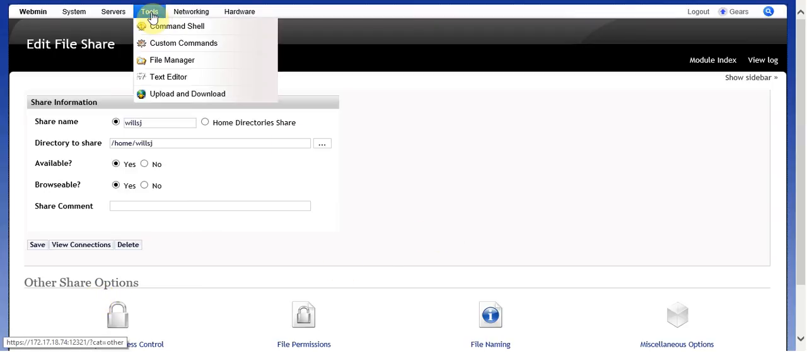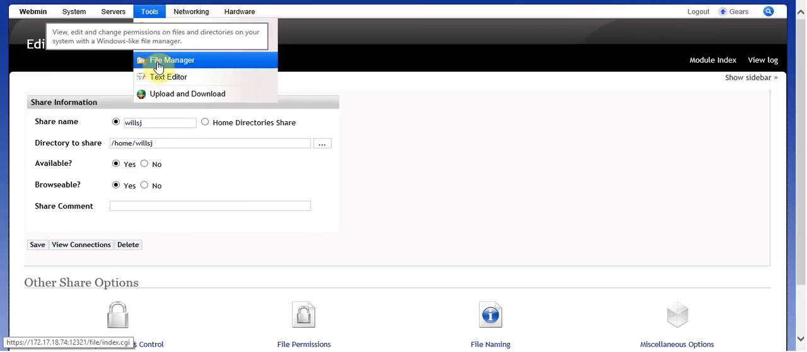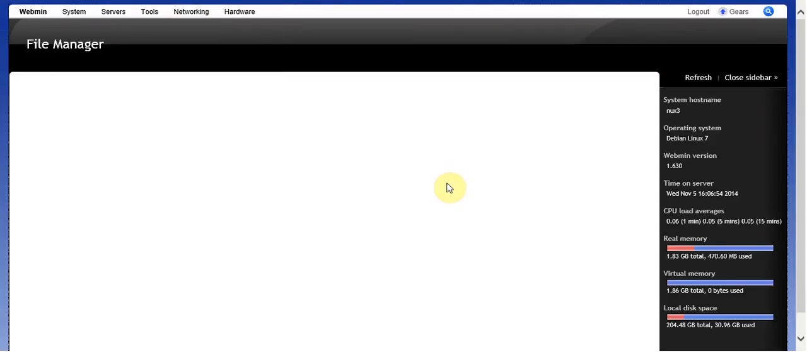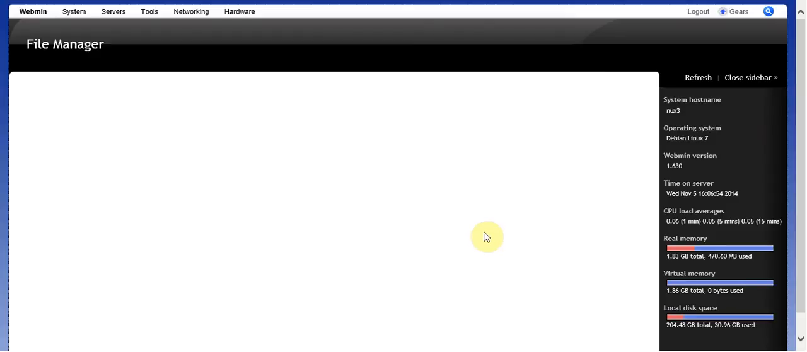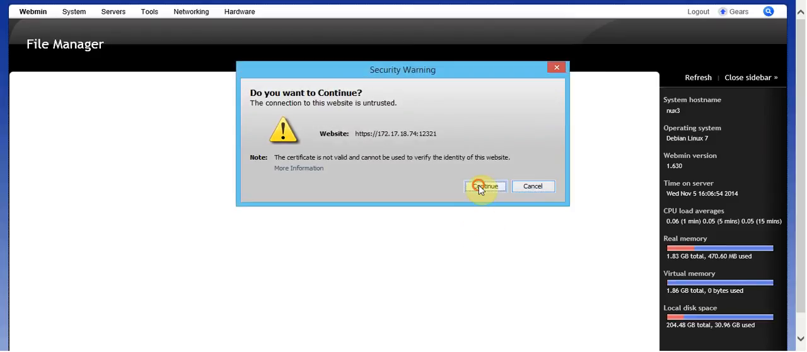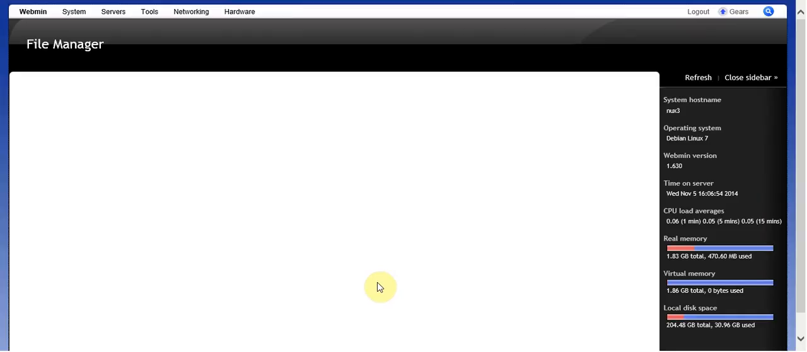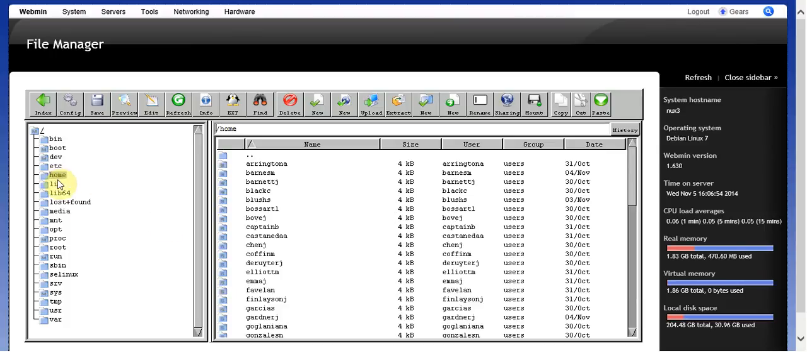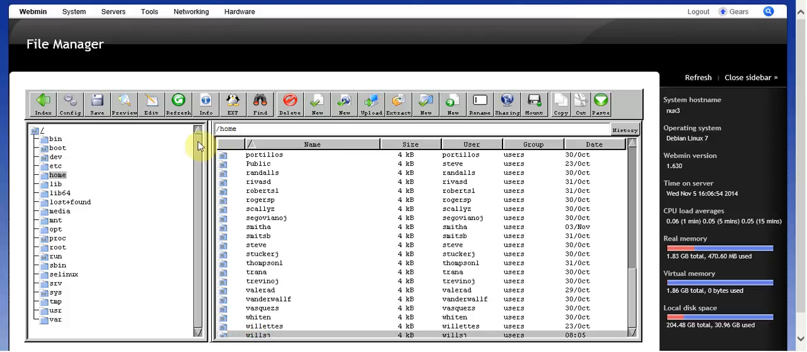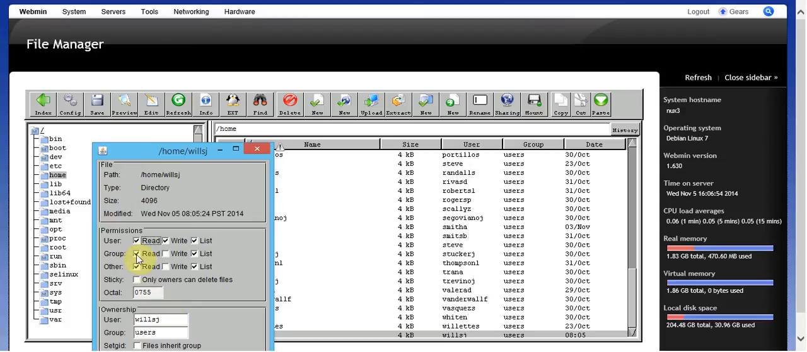So I'm going to go over here to Tools and go down to File Manager and get into File Manager. And I'm using Internet Explorer to do all this because you can unlock some of the restrictions for getting into the Java, because it does require Java in order to get to this section right here. So then I'm going to press home here and then find my Wills J share right there, and I selected it, and I'm going to press info, and then I'm going to uncheck